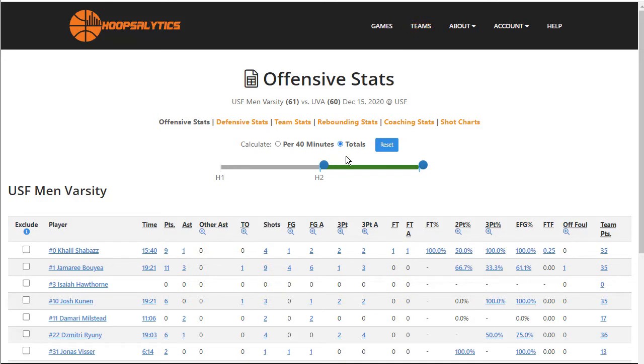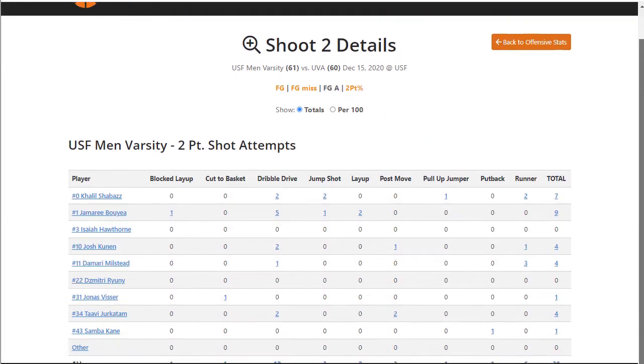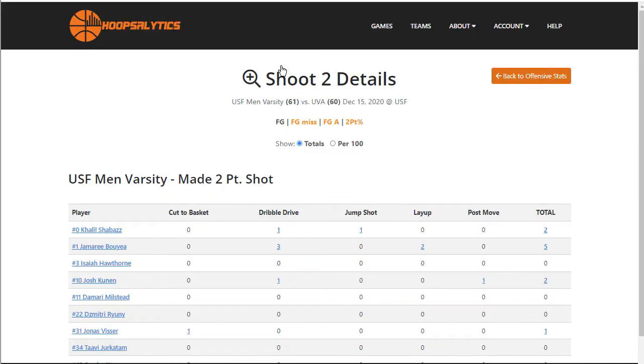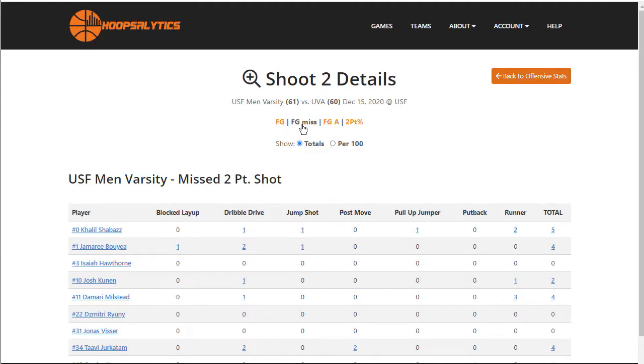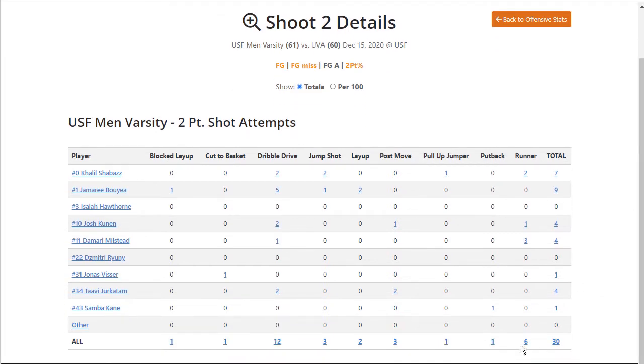And then the details that you can get are really handy. So for example, I can click on the plus on any stat, and I can see the different kinds of shots each player took. So I can see just their makes, if I want, or their misses, or all the shots, or even just the percentage. And again, all these numbers are clickable, so if you want to see the post moves that the whole team did,